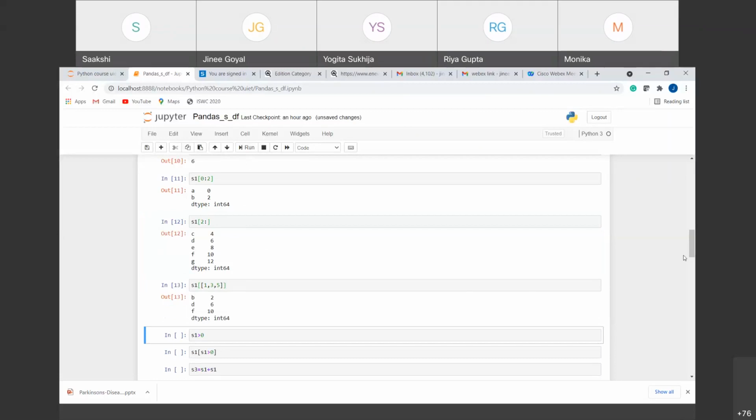Now, suppose I want some manual indexing. I don't want to provide the range. I just want some indexes, like I want the first index, I want the third index, and I want the fifth index. So in that case, you have to first define the outer square brackets that are used to give the indexing we want.